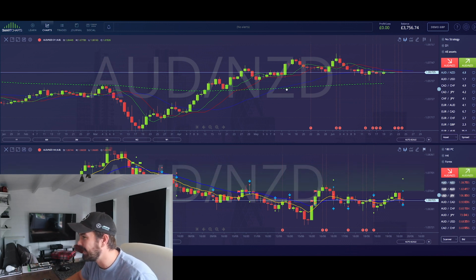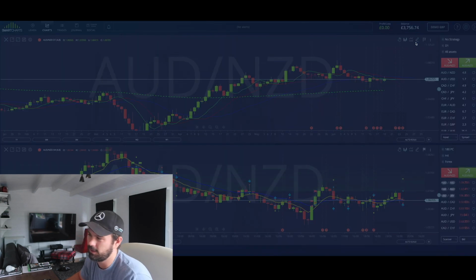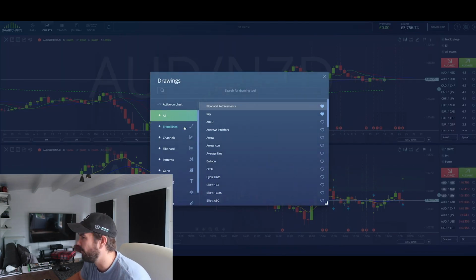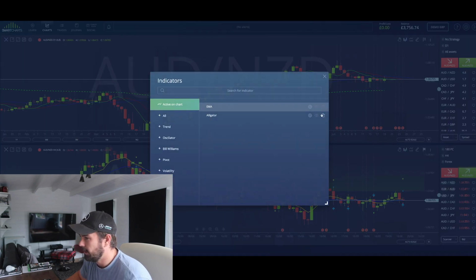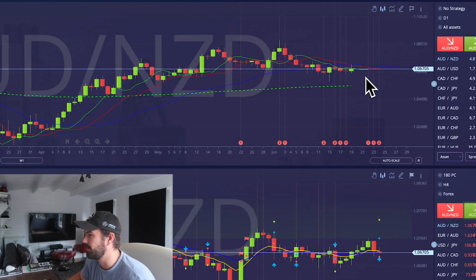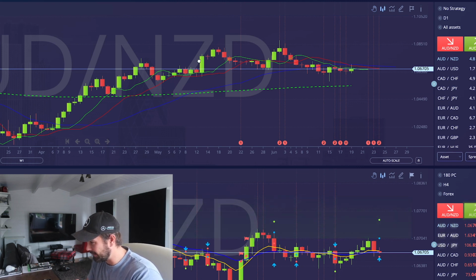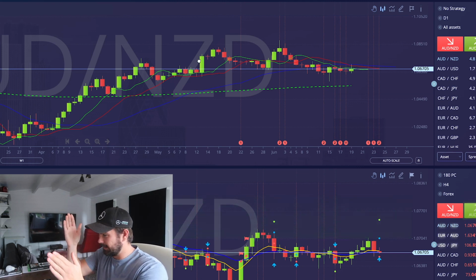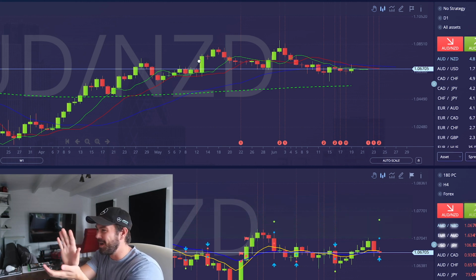If the alligator indicator, as you can see here, if you want to know how to put this on, I'll put it on for you. So let me just delete it. You want to go to all, and it's there in that little graph. So let's put it on. What I want to look for, I've gone blank. What I want to look for is those teeth or the mouth to be opening up.